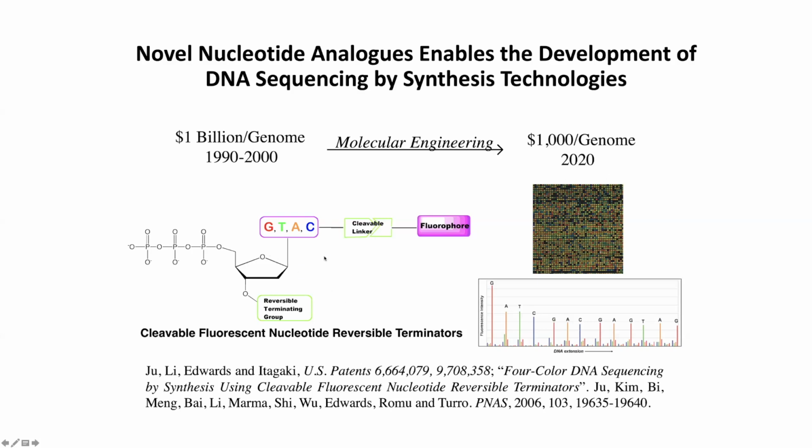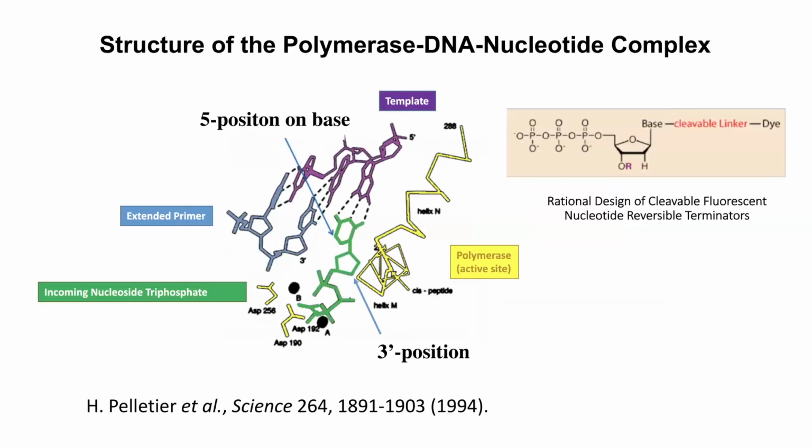Essentially, these molecules allow the entire genome to be deciphered on the surface of a chip. Over 70% of worldwide sequencing uses this approach. So again, this general approach of rational design of nucleotide analogs is applicable for sequencing technology development based on the polymerase reaction. Also, I'm going to show that